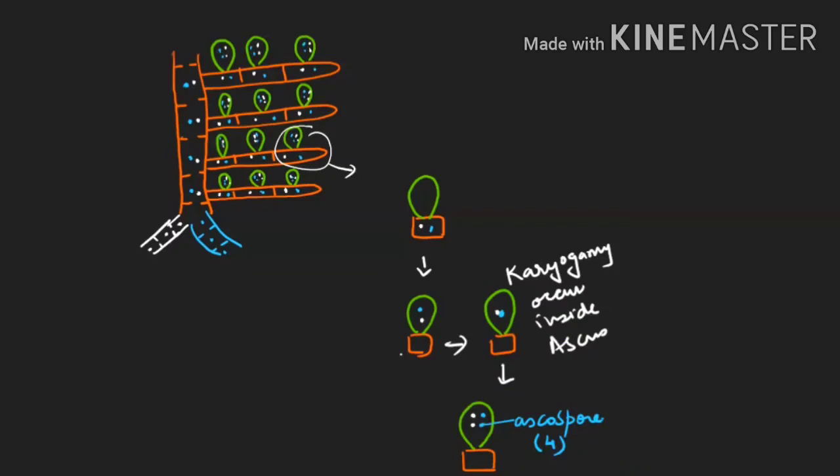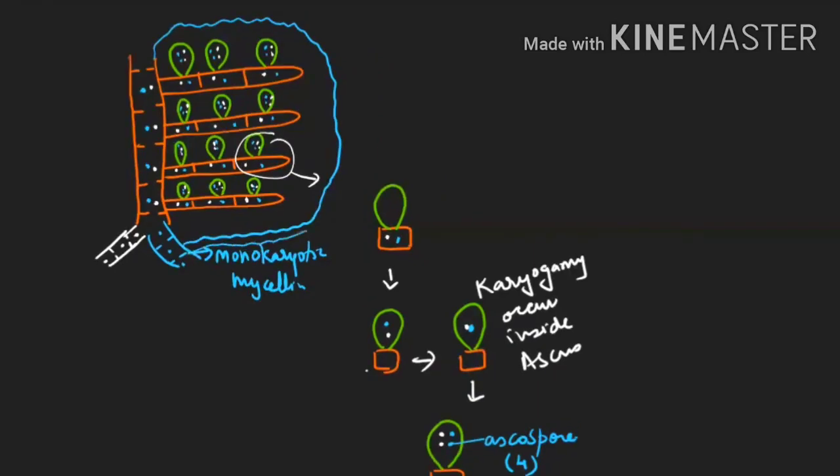Now, this is your monokaryotic mycelium. Now just imagine only, imaginary. Let me assume this part of mycelium is going and covering this entire structure. It is covering this entire structure. Okay, this mycelium is covering the entire structure. Only for understanding it is there. It is not exact, but it is only to make my students learn it in an easy way.